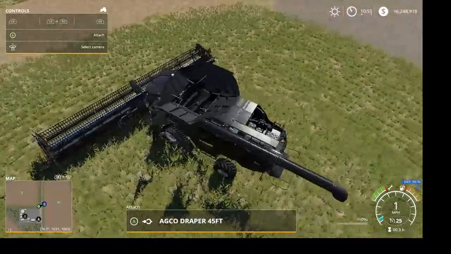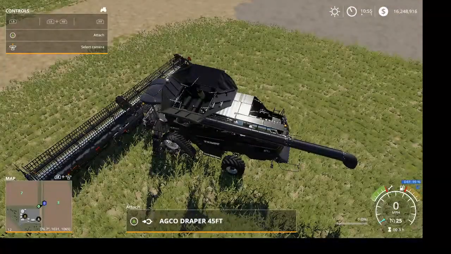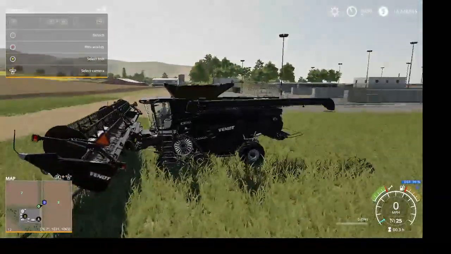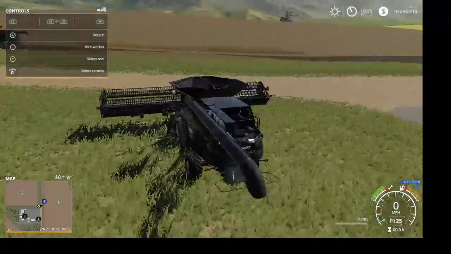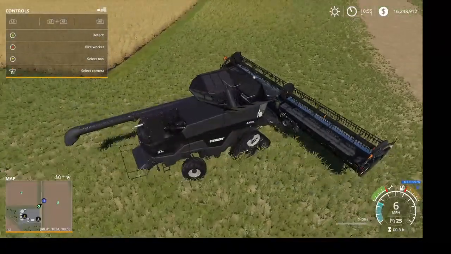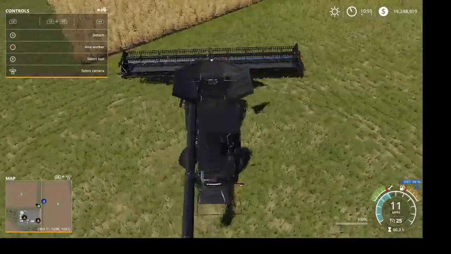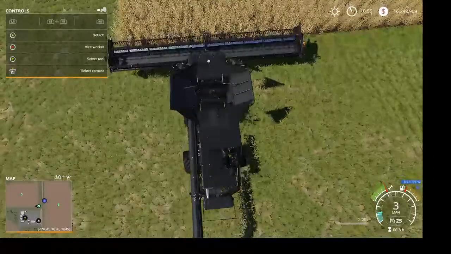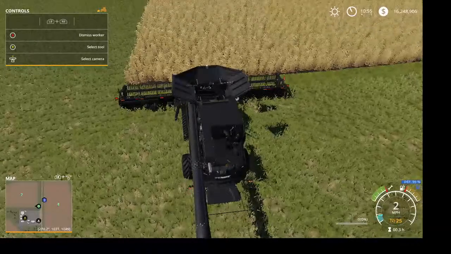So you can see here when I hook up, it says AGCO Draper. You see that? So I've changed the titles and the descriptions of things. Now my frame rate will probably go to shite now, because having 4 harvesters is probably going to kill my frame rate here. I mean, not that it's good as it is, but